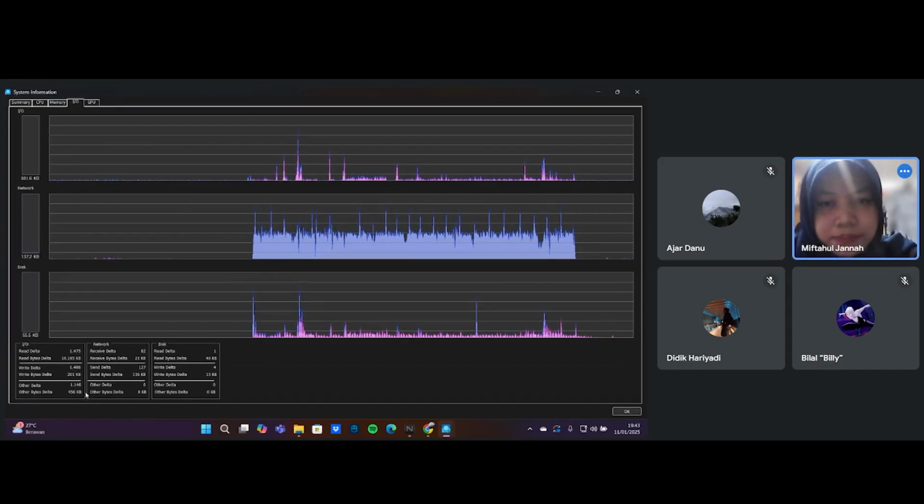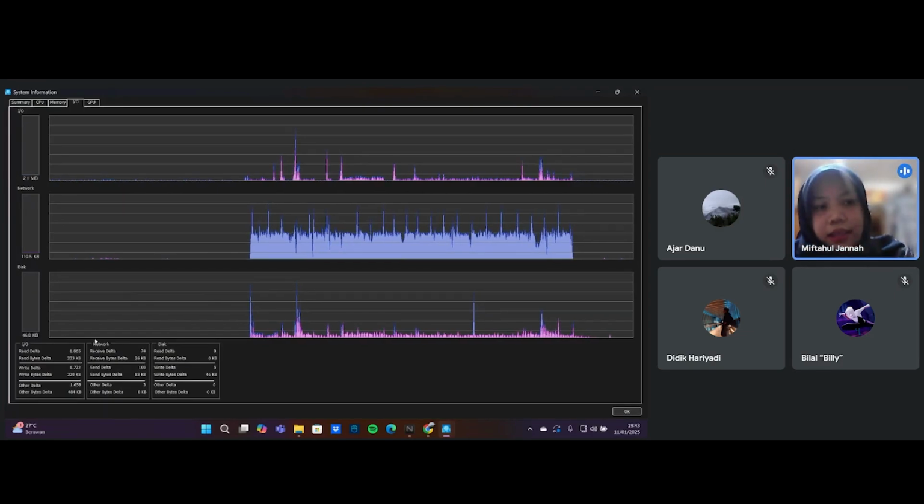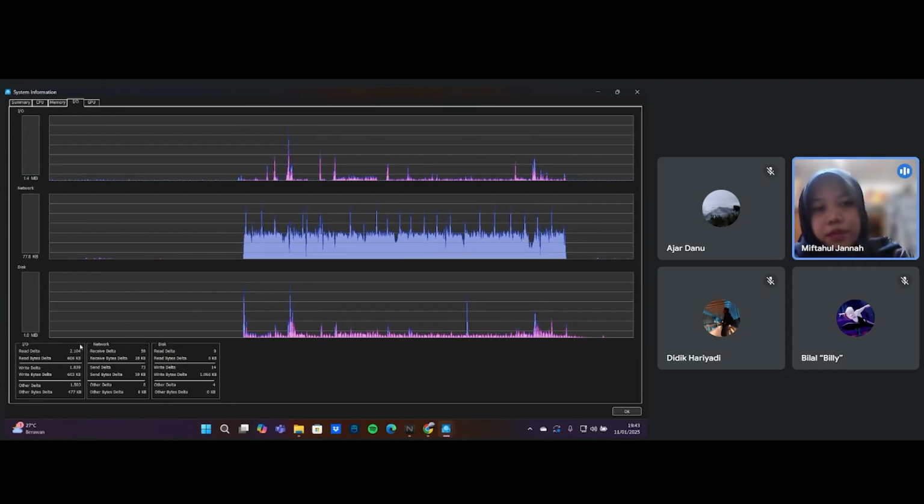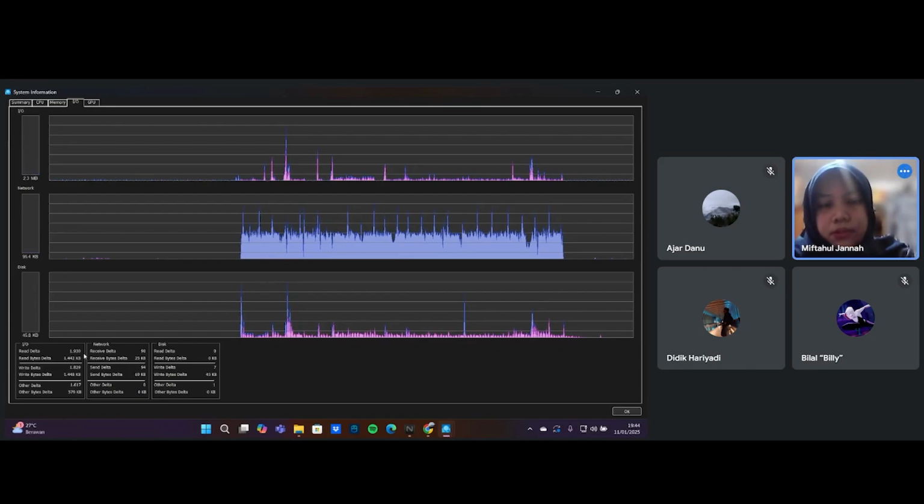Read delta is the number of reads in input-output operations performed by the process in a given time period.